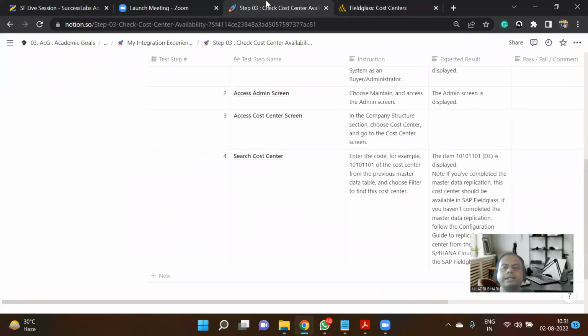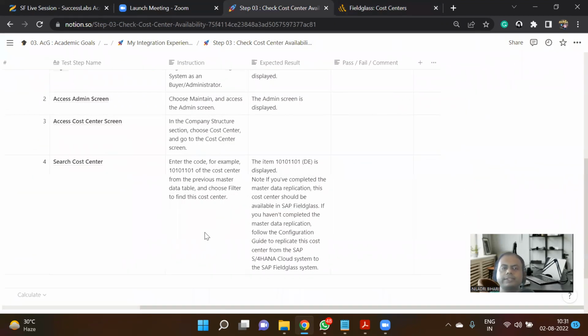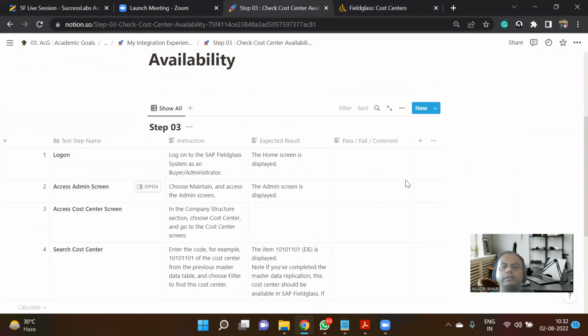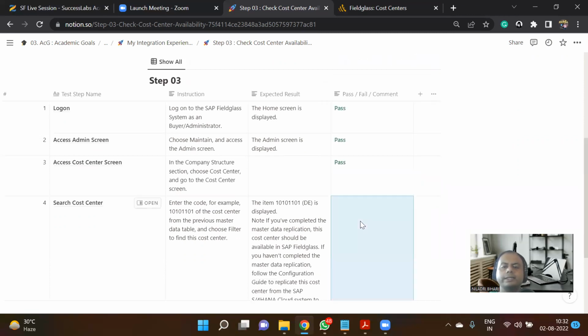So now with this understanding, we will mark step number 3 as a pass for our availability check. Let me put it as a comment here, pass. We are able to access the admin screen. We're able to access the cost center. We're able to search for the cost center. So in this scenario test series,